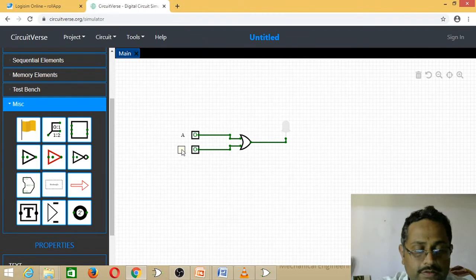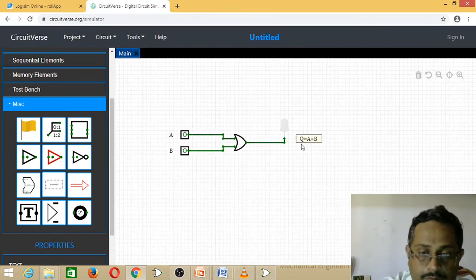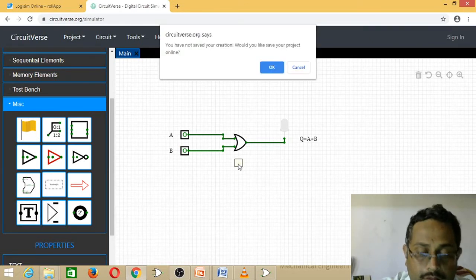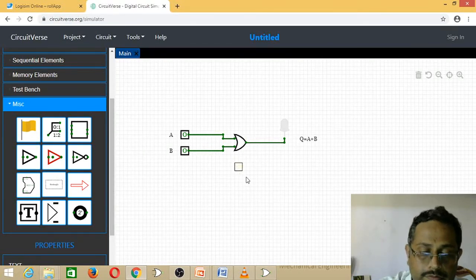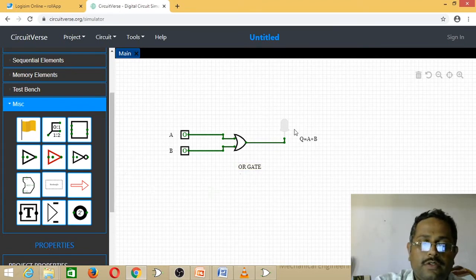B. Target. After labeling, we have to simulate.